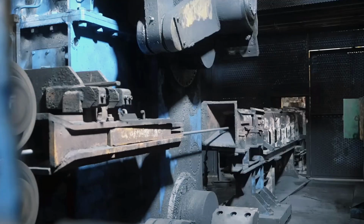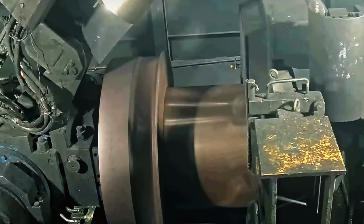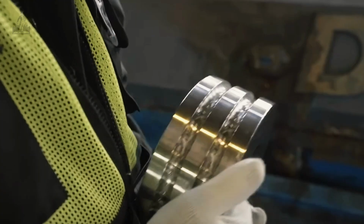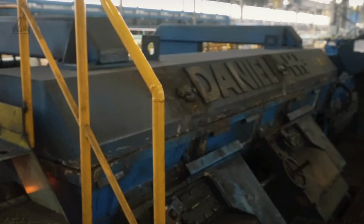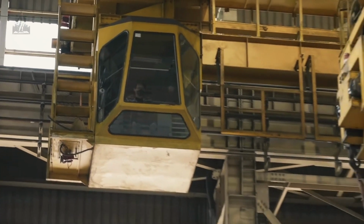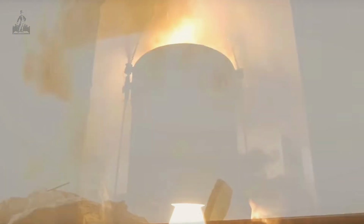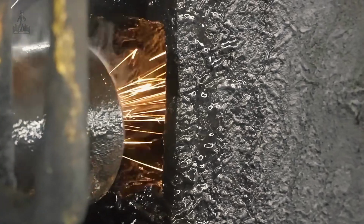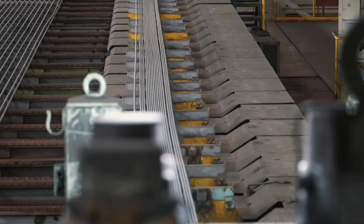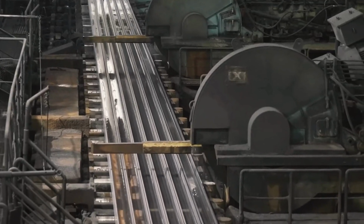The I-beams and rebar emerging from this process are not just industrial products. They are pillars that sustain dreams, progress, and development. Whether in constructing buildings that shape cities or bridges that connect communities, these products symbolize precision engineering and a conscious choice for sustainability. By using recycled metals, the construction industry not only reduces costs, but also strengthens its role as an ally of the environment. Every beam and every rebar tells a story of transformation, where something seemingly worthless is renewed and returned to society